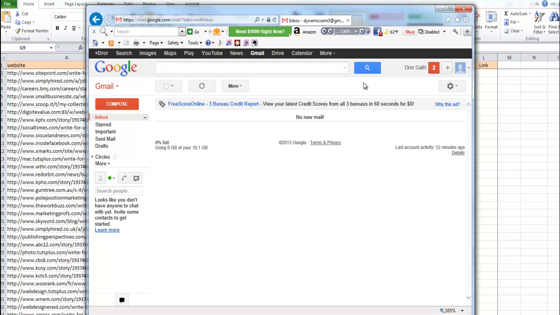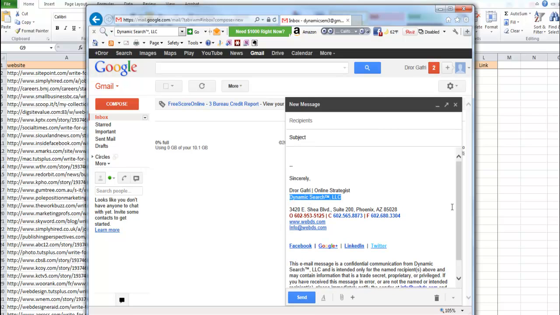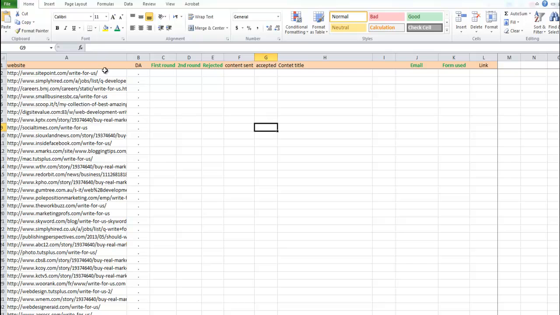The email is already set up with a signature, with the name, so when you compose an email and send your message, you're going to see that the signature is placed at the bottom, with a name and all the rest of the information. Let's go through the process for one of the records. We're simply going to copy the first record,